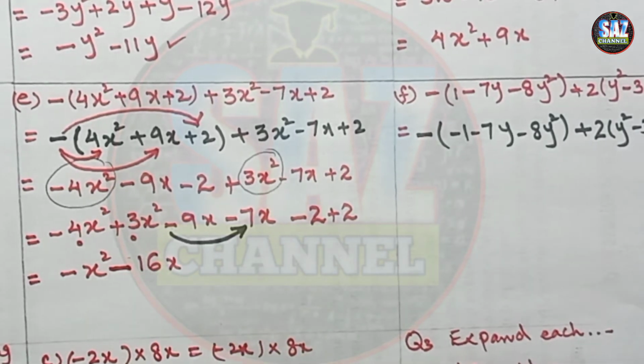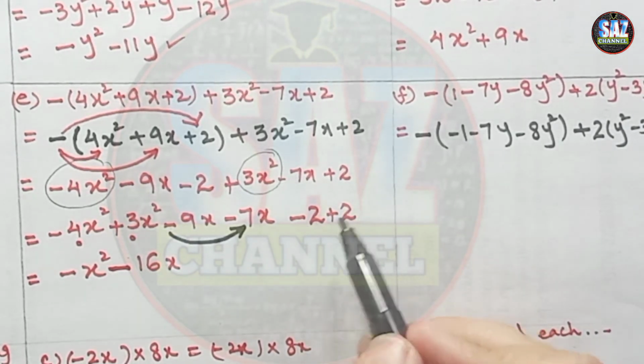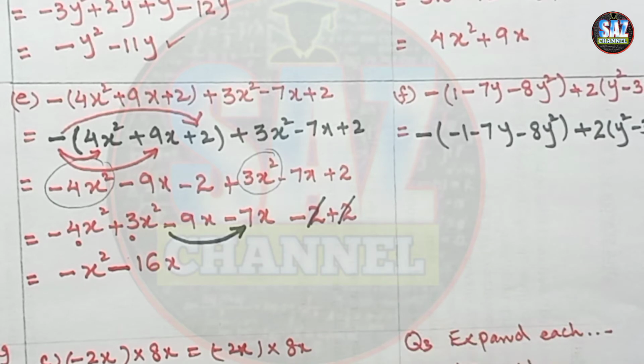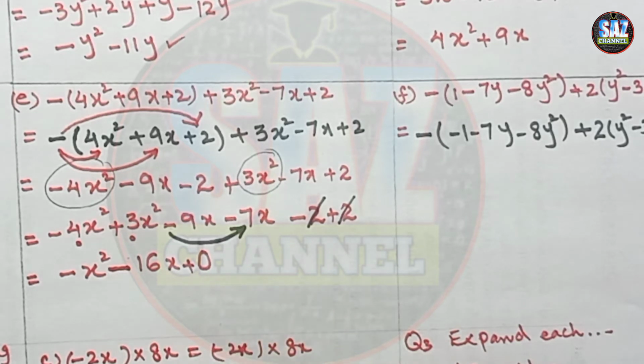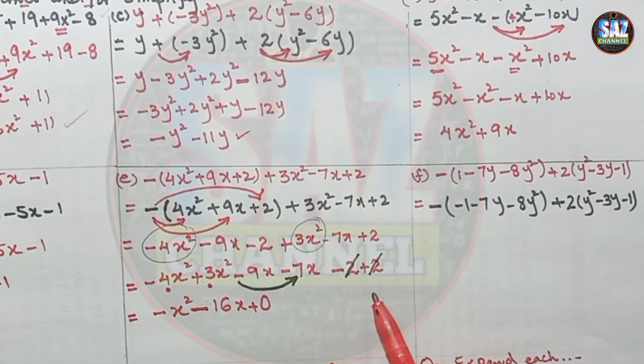And coming to the constant, we can see that we have minus 2 and positive 2. Okay, same number with the opposite sign, so they will be cancelling with each other. If you don't understand why I'm cancelling positive 2 with negative 2, and this will give me 0 as the answer, you can take the idea that you have 100 rupees in your pocket and you're going to the shop and you're spending the whole of that 100 rupee note. What will be left with you? Same here, when the same number is added to the same number with opposite sign, the answer will become 0.